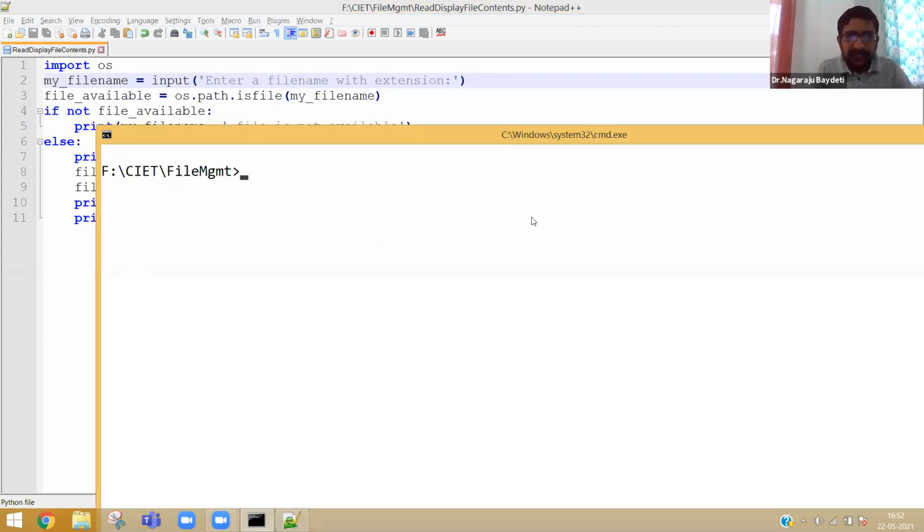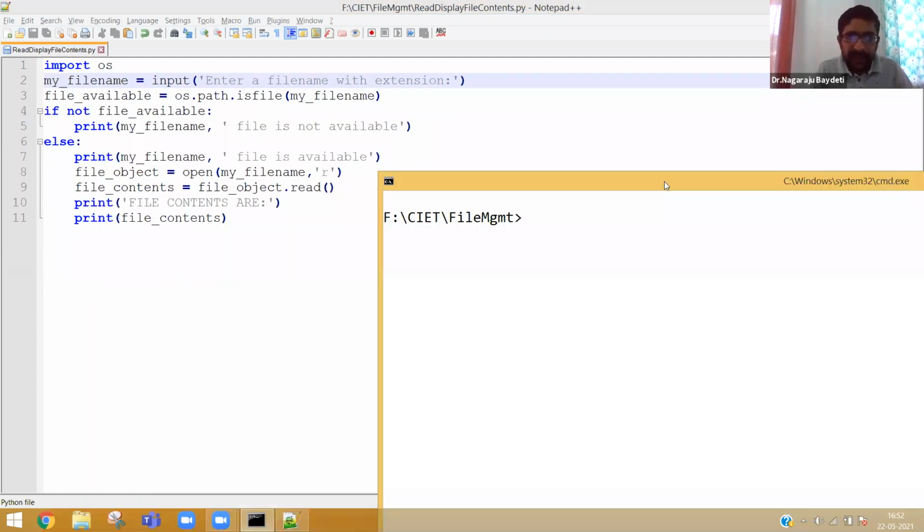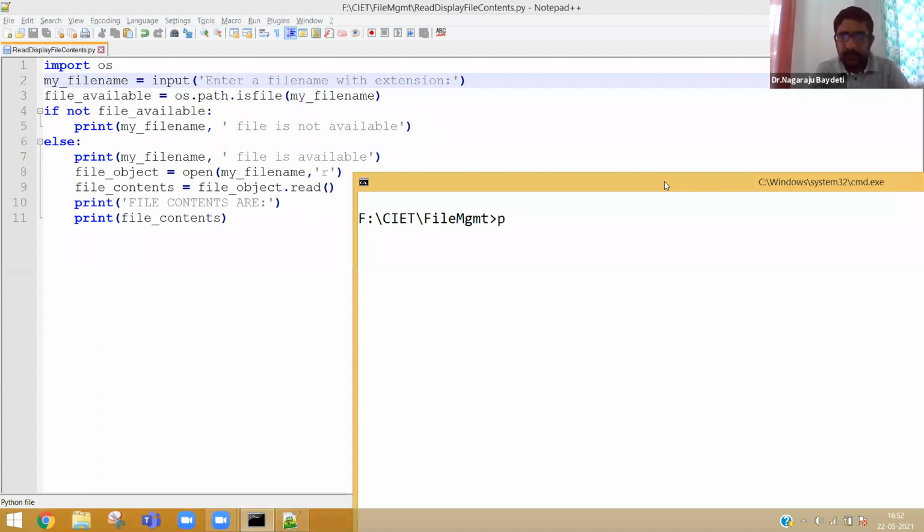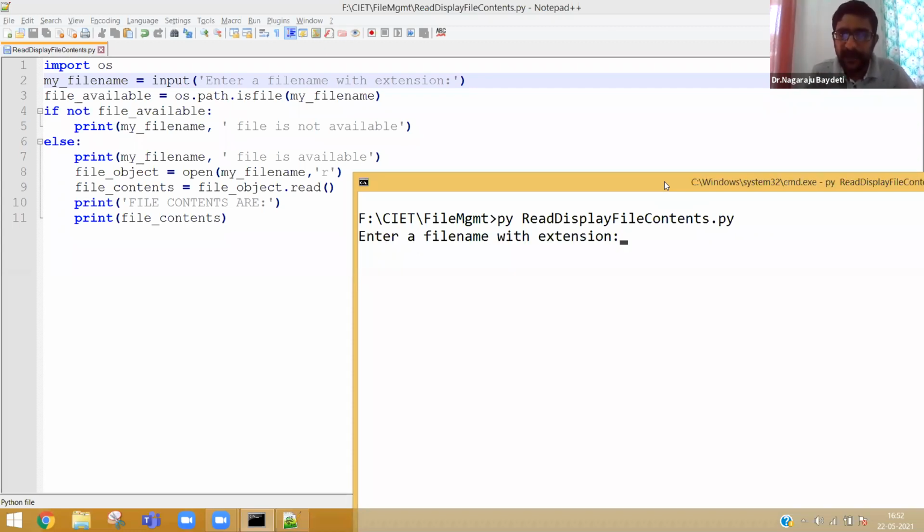The file name I am executing is read display file contents. That file is asking me to enter a file name. Imagine I will give a different file, search file.py. Search file.py is written by me just now in front of you.